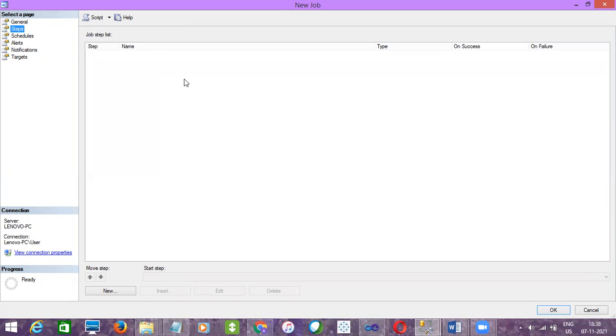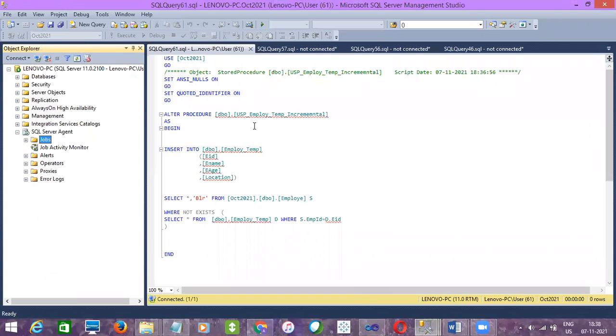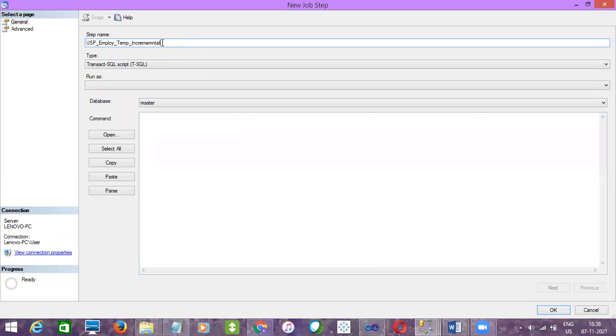And then Steps. If you go to Steps, you can see only one option is enabled, which is New, right? So you need to add a step, click on New, and once you click on New, it will ask for the step name. What I told you is we are going to call a stored procedure, which is this one, right? So we'll just give the step name as the stored procedure name. Why? Because if any new person also sees this step name, they'll get to know, okay, this stored procedure is being called in this step, right?